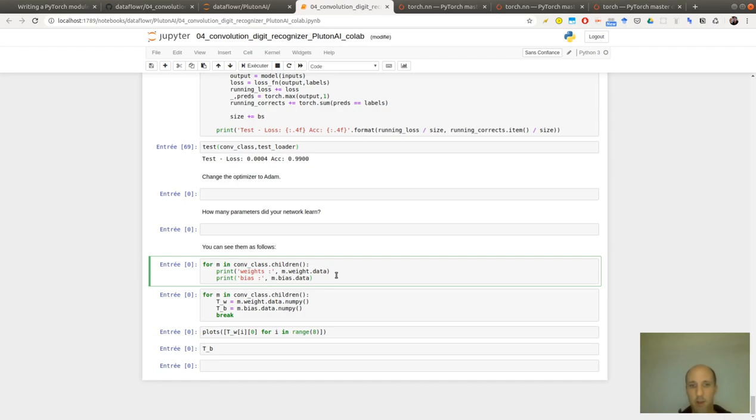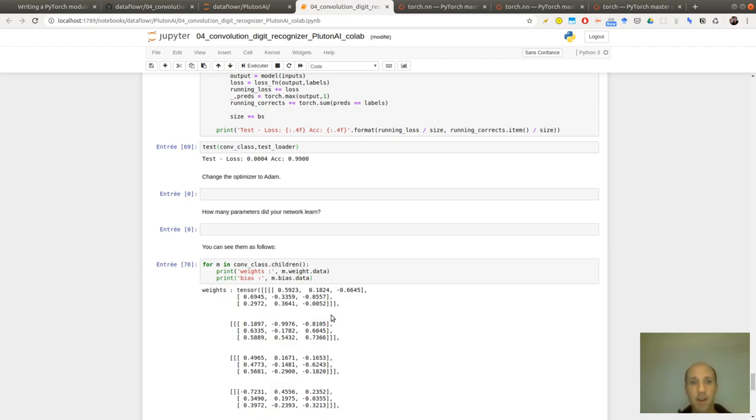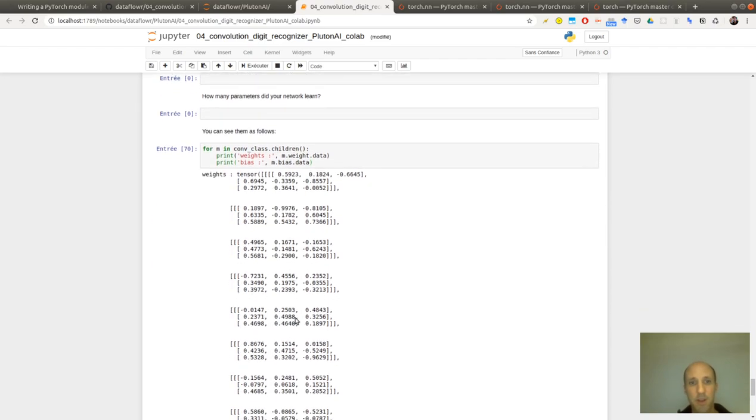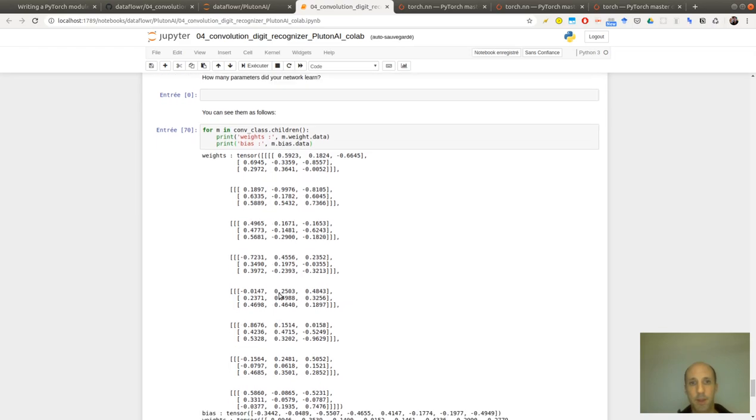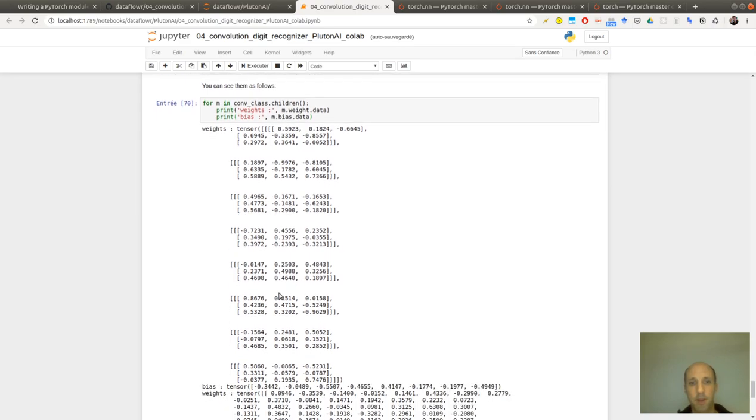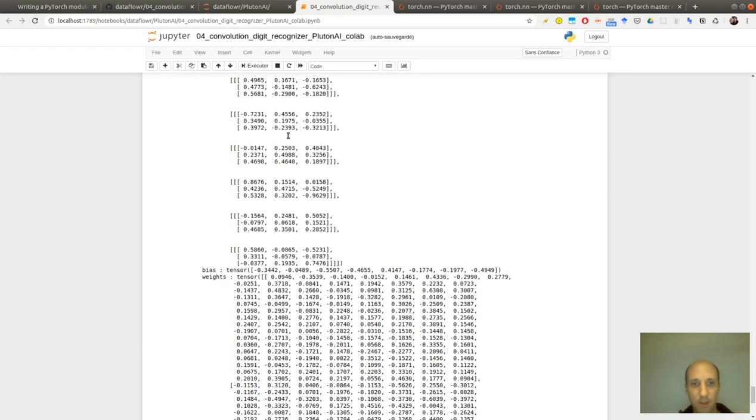So these are the weights of the 3 by 3 kernel and the bias of the convolution first.